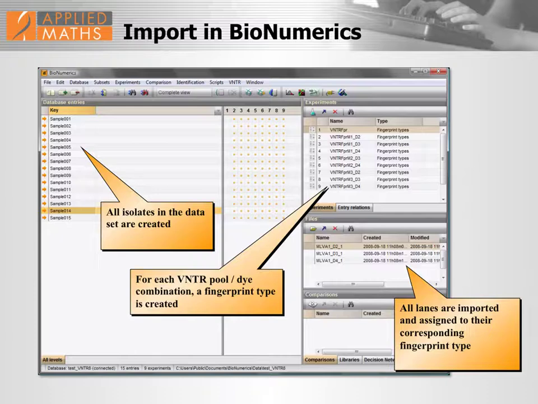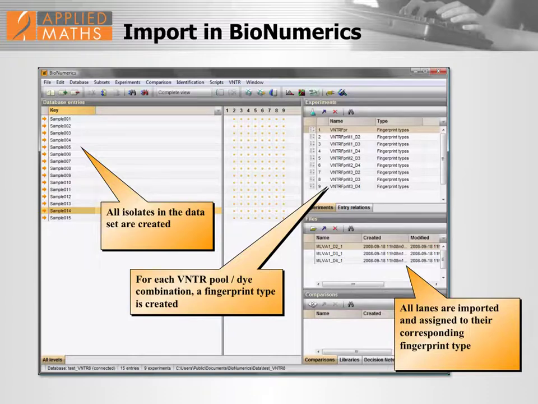Because it can be highly automated, many different isolates can be imported at the same time. So the data set is created. Then for each VNTR, there is a fingerprint type created. And then all the lanes are imported and assigned according to that fingerprint.